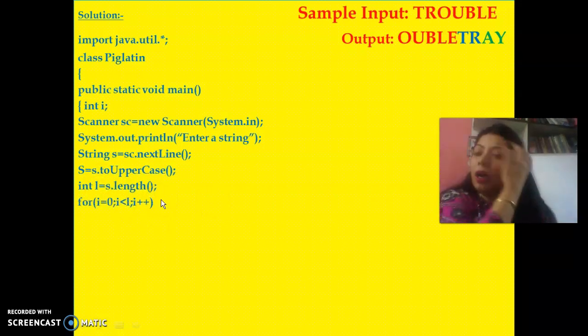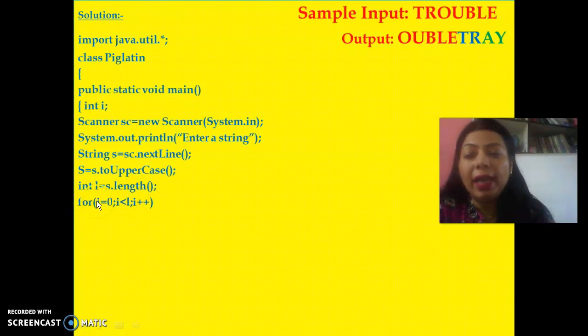What is the need to find the length? Because we start from the 0th position, but where should we end? Here is a 1, 2, 3, 4, 5, 6, 7 letter word, but maybe 8, maybe 5, maybe 9, any number of characters may be here. So we know we start from 0, but where we end, we don't know. That's why we find the length of the string. Then we can write a loop which starts at 0 and ends at l.